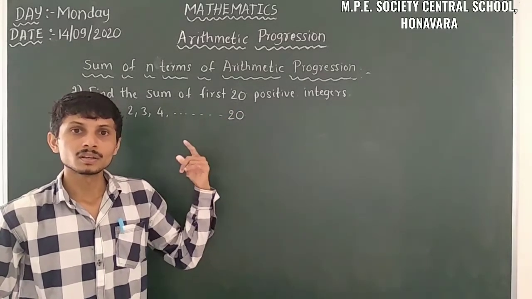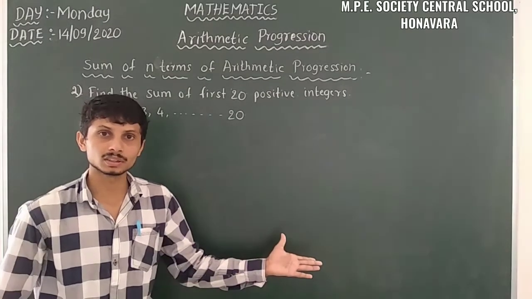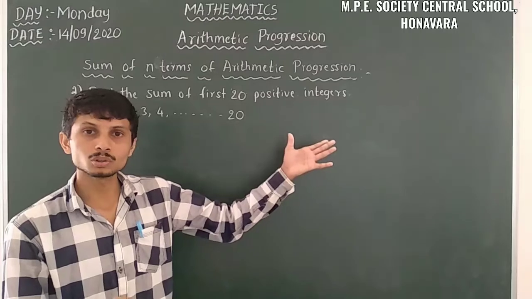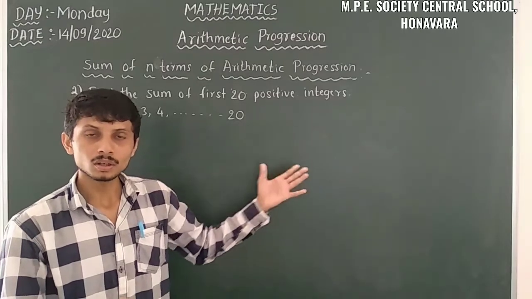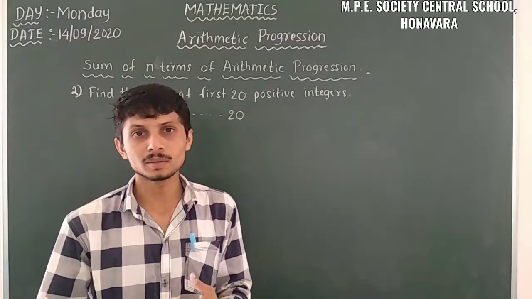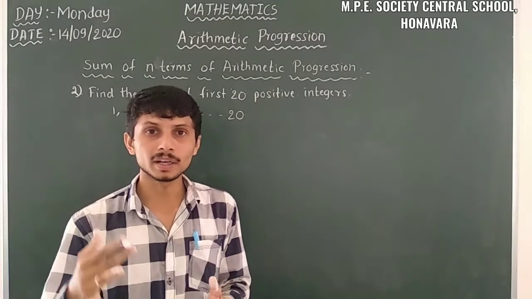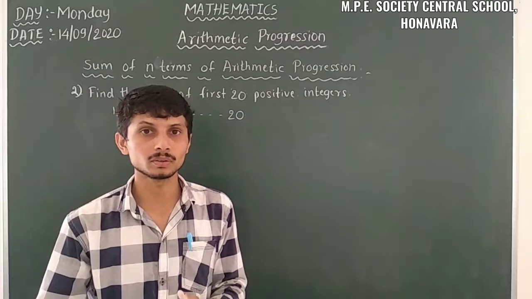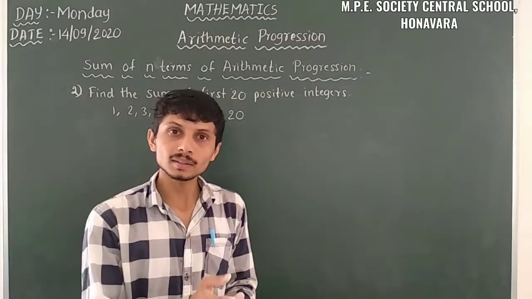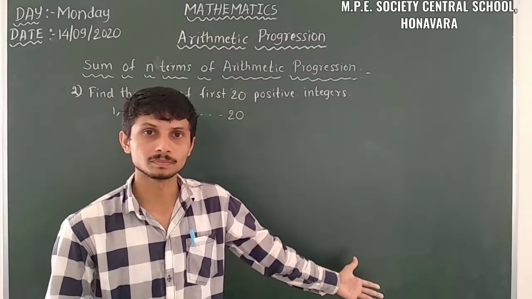So here we have to take that equation. There are two ways of finding the solution. One is that we can directly take the sum of n terms of an arithmetic progression, that is Sn is equal to n by 2 into 2a plus n minus 1 into d. Likewise we can calculate, and there is also another form, since we have already found one formula.